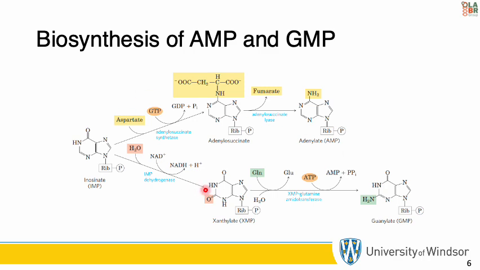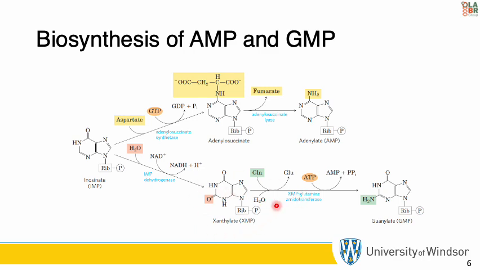On the other hand, we have the formation of guanylate, so GMP. Guanylate is formed by the NAD plus-requiring oxidation of IMP at carbon 2. We can see it right here: we have water coming in, we have NAD plus, and then NADH plus H plus leaving. You can see the water oxygen over here is integrated into that carbon 2, followed by the addition of an amino group derived from glutamate.